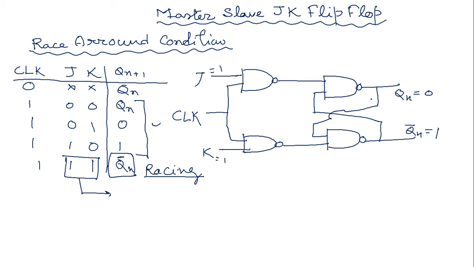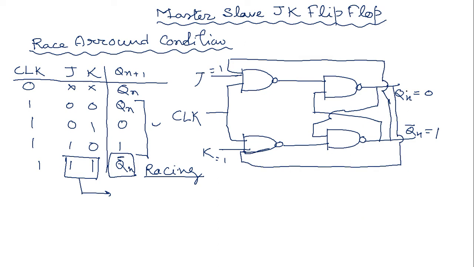And we should give a feedback path from here. So one feedback path is present from the Qn to K and Qn complement to J. And when clock equals 1, J equals 1, and here Qn complement is 1. So we can conclude that